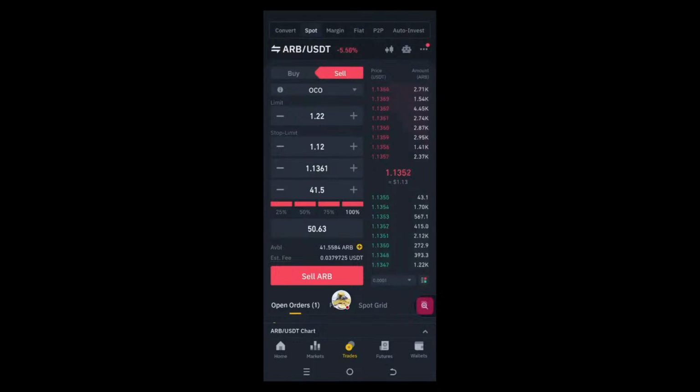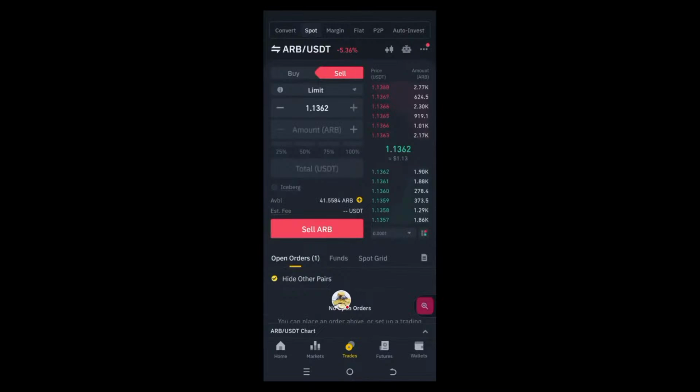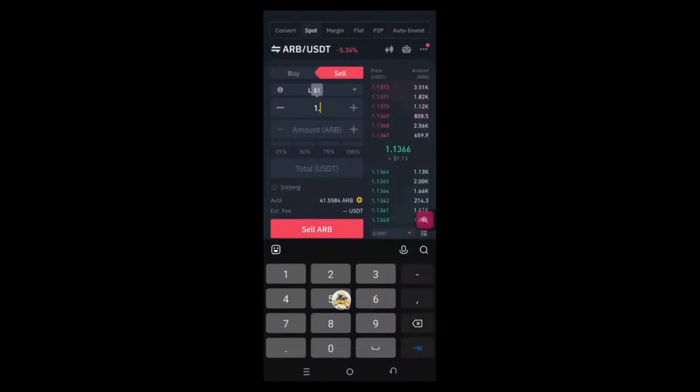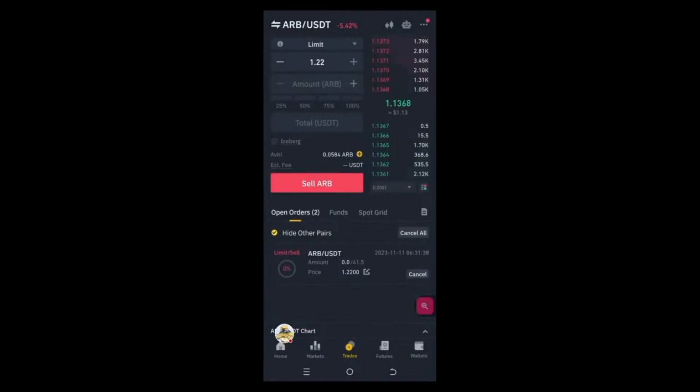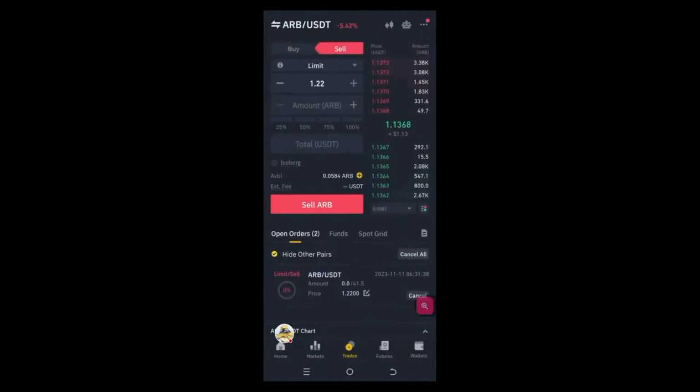That's the reason why I personally will not choose OCO, because I want to get the money, okay? I want the price to get to 1.22 and I get my profit out. Now, that's just the difference, right? Let me go to limit because this is my absolute best. For limit, I'm going to set the price I want, okay? So I've said I want it at 1.22 for now because I just want some minimal profit and I'll be out. Pick up the 100%, be okay with my 63 cents, and I go up. That's like 1.3%, okay? And now if this takes me 1 day to get there, my money is still safe. It's not going to cancel. If it takes me 2 days to get there, my money is still